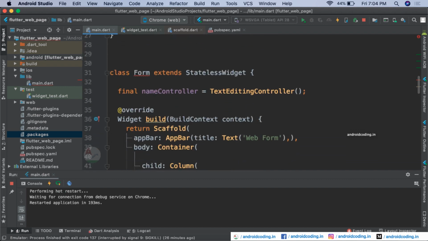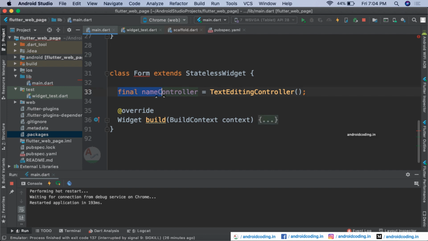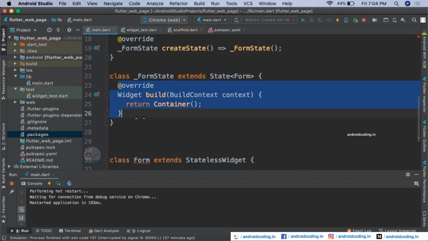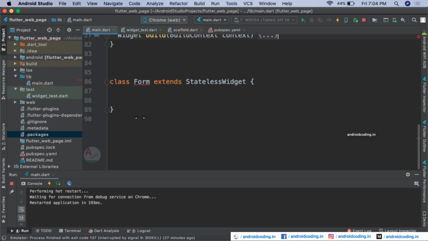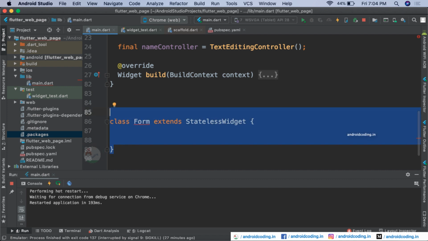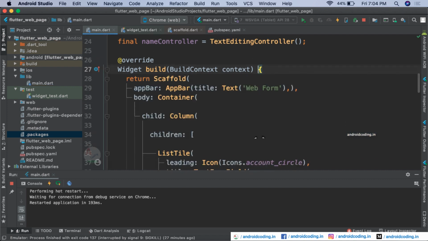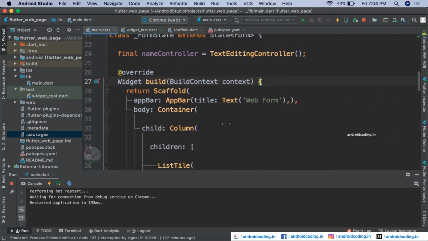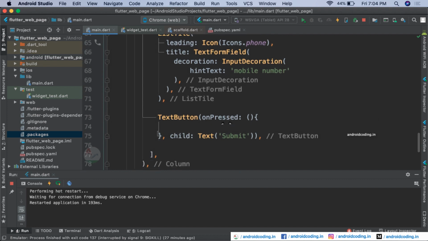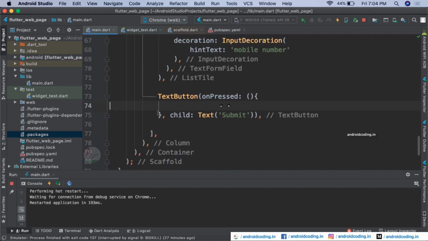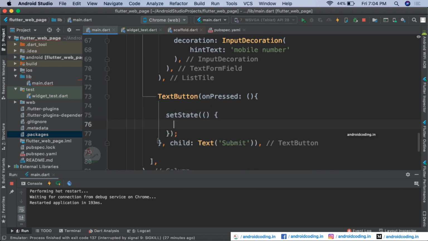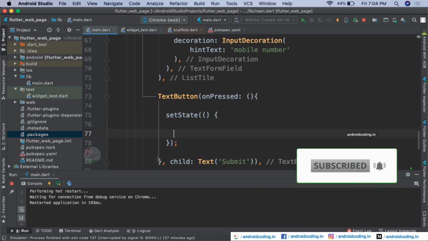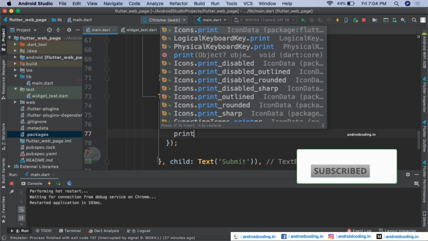Now you can just cut everything available here and just add it inside our new widget, and you can just remove the previous code, and now our class is extending a stateful widget, and now we can make use of the set state here. So set state method we can make use of, and here let us try to print the name.